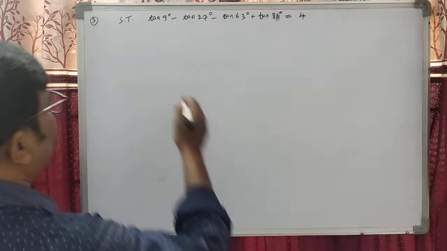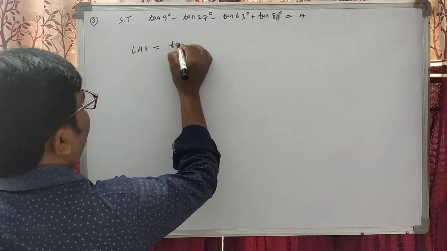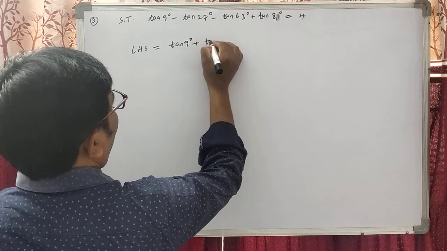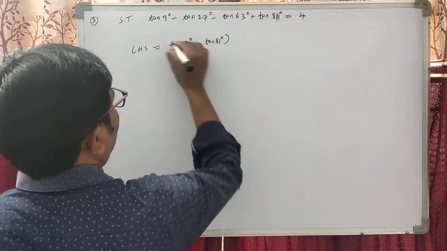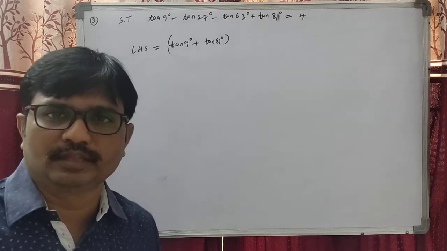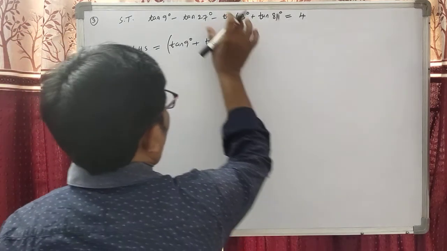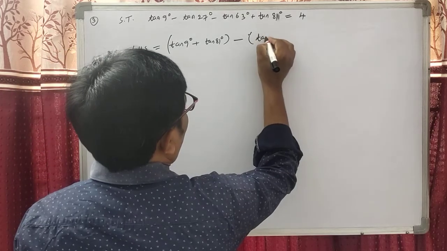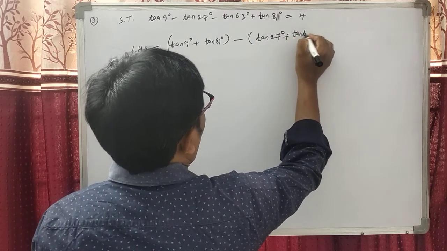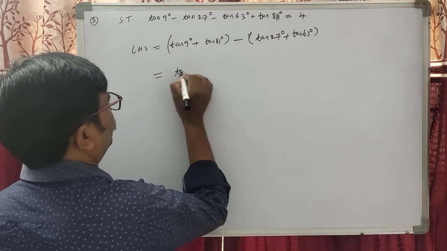My dear students, how can you write this? First of all, we are taking tan 9 and tan of 81. First we are taking the positive terms in the bracket. After that, minus is common in the middle terms, that is tan of 27 degrees and tan of 63 degrees. Now, students, we have to know that